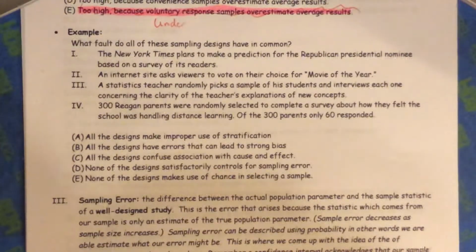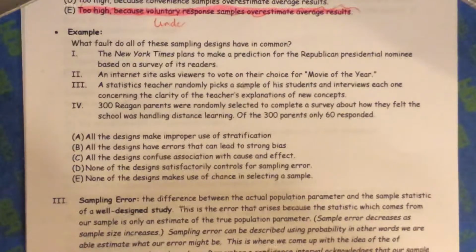300 Reagan parents were randomly selected to complete a survey about how they felt the school was handling distance learning. Of the 300 parents, only 60 responded. Well, we randomly made a selection, so it's because they were selected. They didn't self-select, so this isn't voluntary response bias. They were selected but chose not to respond, so this would be non-response. So the problem here is